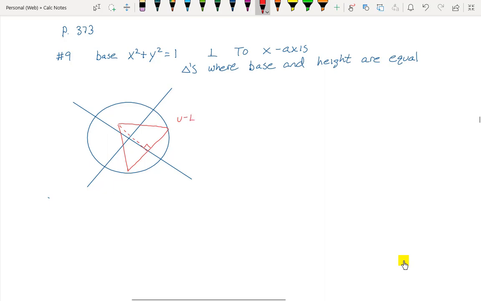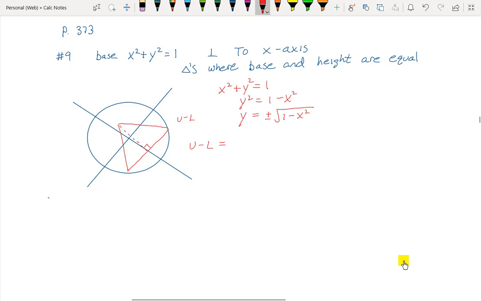Well, the upper part, again, to do this, we're going to need to solve this thing for y. So x squared plus y squared equal to 1. If we subtract x squared, we get y squared equals 1 minus x squared. Hopefully this looks familiar from what we did on the other problem. If we square root both sides, we get the positive and the negative root of 1 minus x squared. So the positive root is our upper, the negative root is our lower, and so when we do upper minus lower,